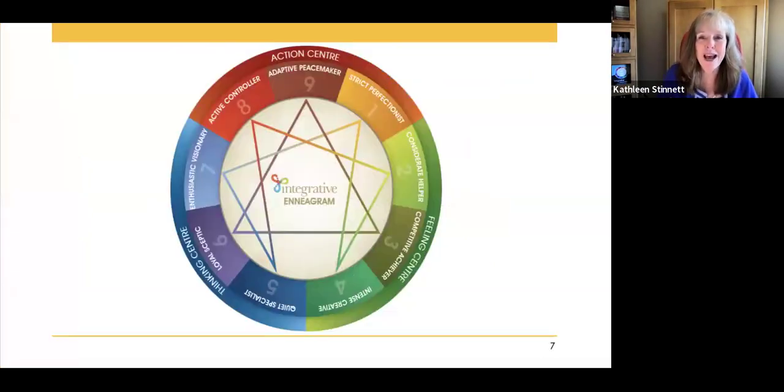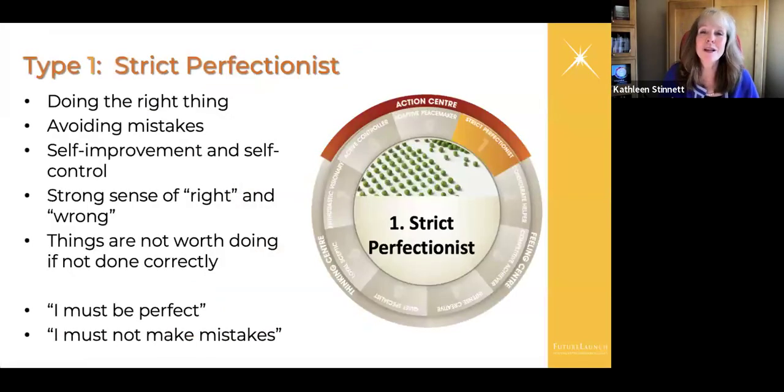I also want to point out that we can look at this figure in 3 sections. There's an action center, a feeling, or sometimes this is called the image center, and a thinking center. And later we'll talk about your own preferences, because you have a preference in the way that you move into action. You have a preference in the way that you create a positive image in the world, and you have a preference in terms of how you think. And so we'll reveal this to you later, because you are complex as an individual and far more than just your main type. So let's start with our type 1, which is in the action center.